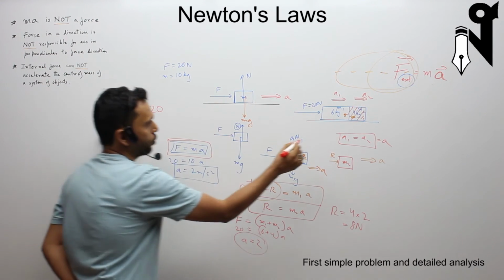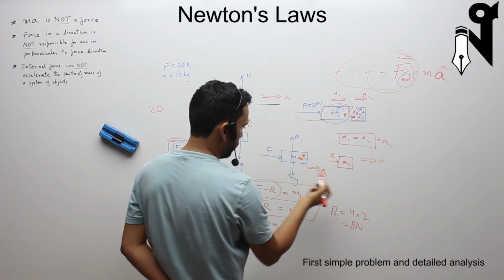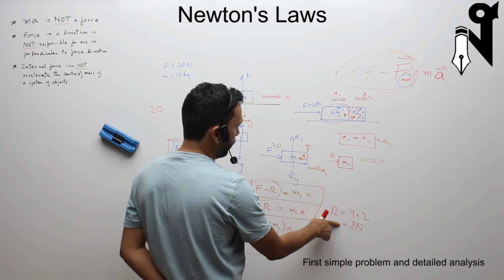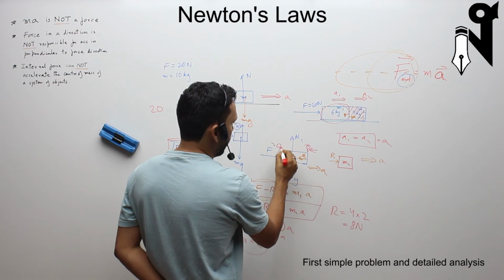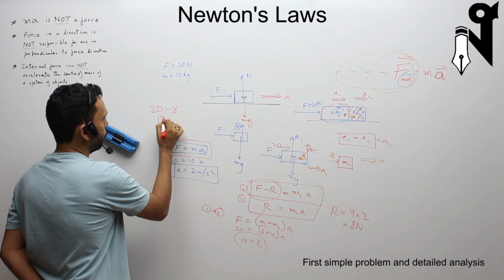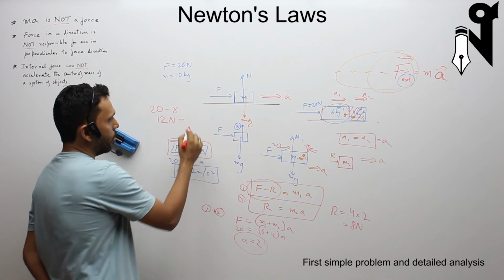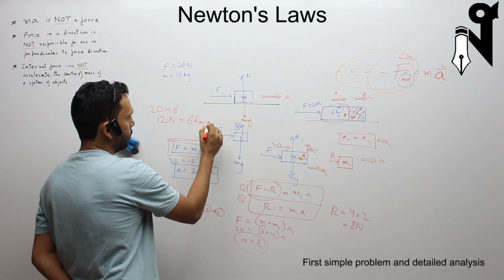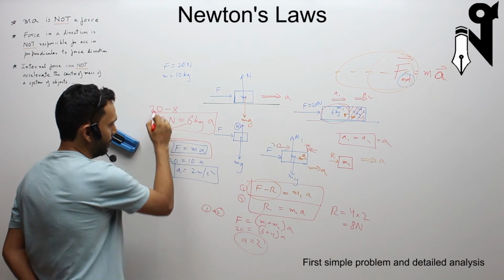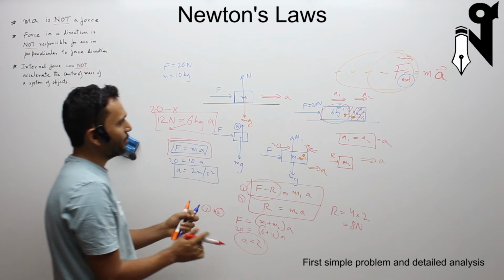20 was the forward force on this. The backward force is 8, what we calculated. So 8 back, 20 forward. So the net force on this is 12. Net force is 12 newtons on the 6 kg mass. So what's the acceleration? 12 by 6, it is going to give you 2 again. So everything falls in place. So the point is,